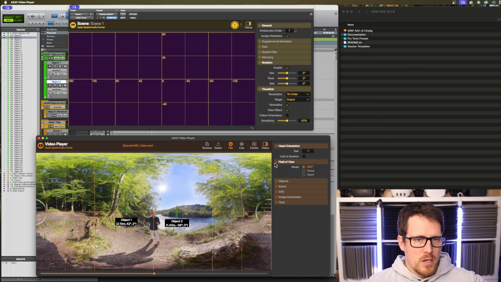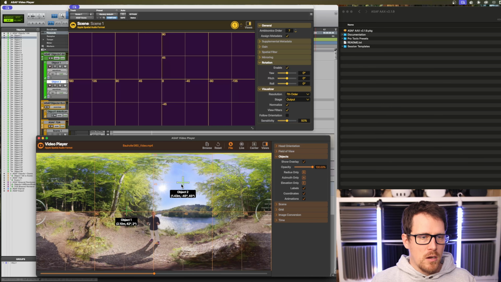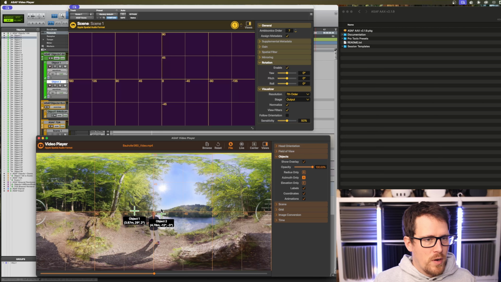So with the object you can adjust what's the overlay. You have also interesting features, like, of course, you can just pan everything here, and when you don't see as much from the video anymore, you can just change the opacity. There are also options to lock the radius, for example, that if you move your mouse, or you can even select multiple instances, like multiple objects, or you can lock the azimuth. This would mean that it's just locked, you can't change the radius or elevation.